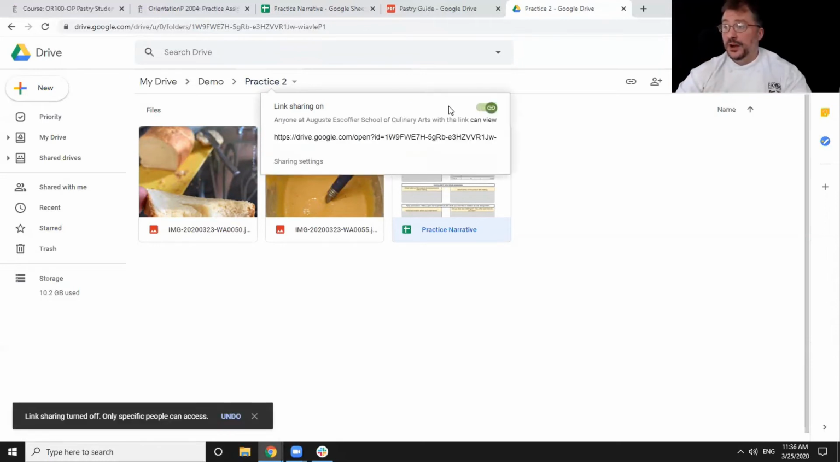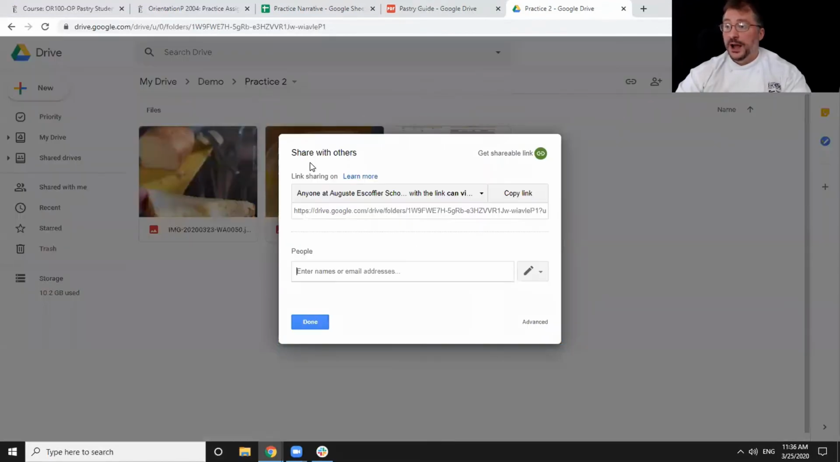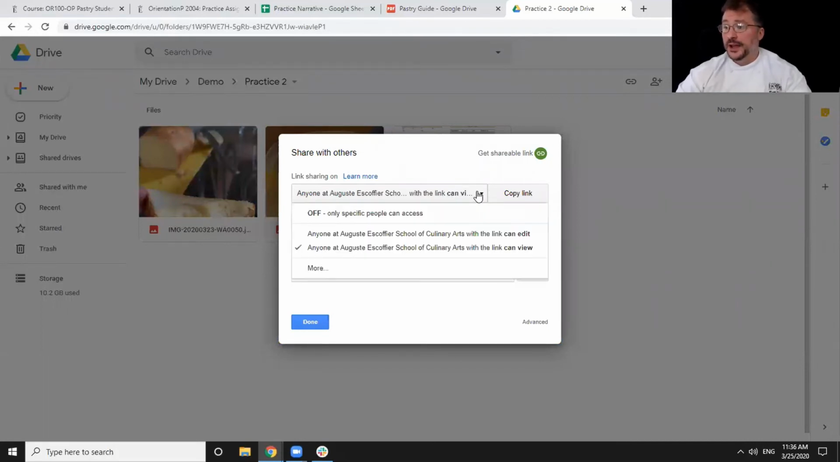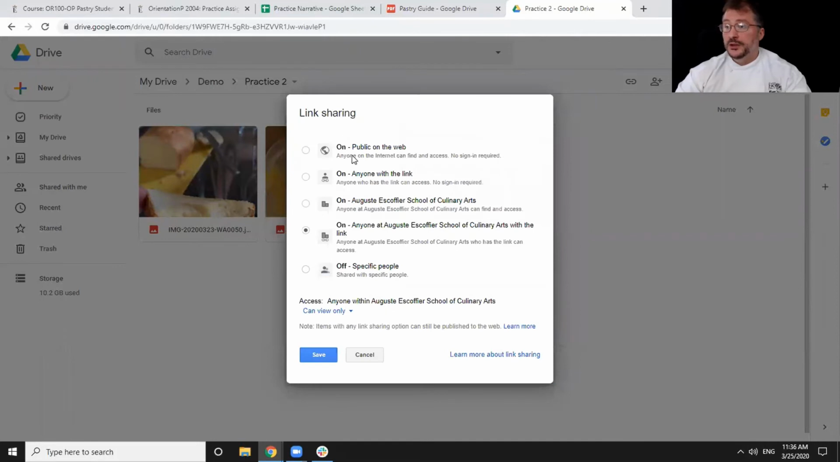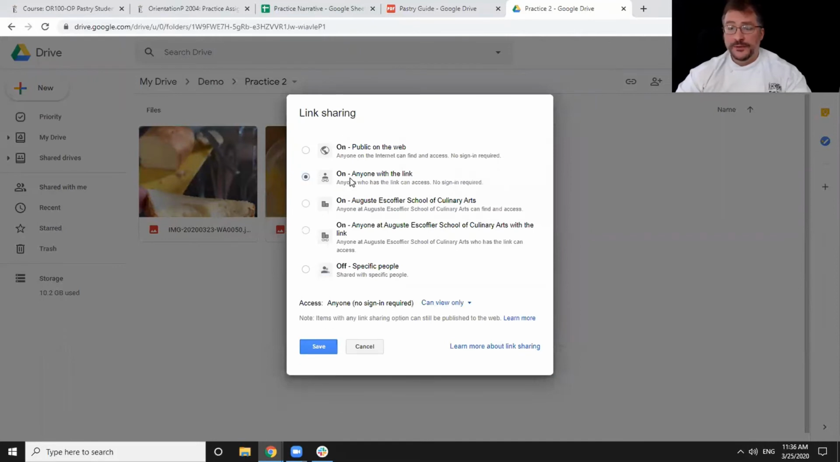So if we click on that slider, it'll bring it over to green, and then we click on Share Settings. And you can see how right now it says anyone at August Escoffier with the link can view. Sometimes stuff like that can cause trouble, and it might mean that I'm unable to see your work. So if you click on the down arrow and click More, you'll be able to change it to anyone with the link can view. This is the safest way to submit your work because it almost guarantees that I'll be able to see it and there won't be any gremlins in the way. So if we click on Save,